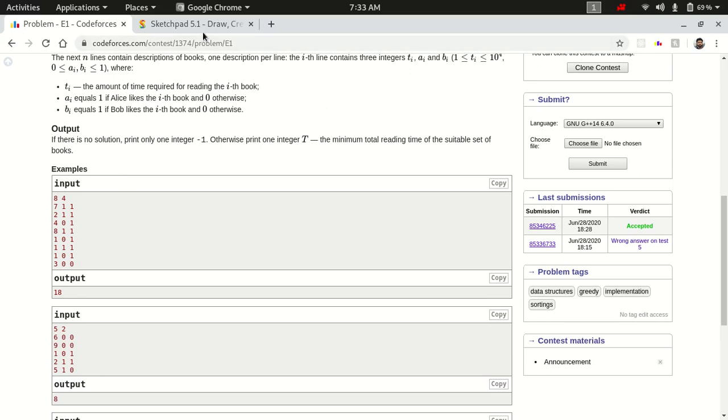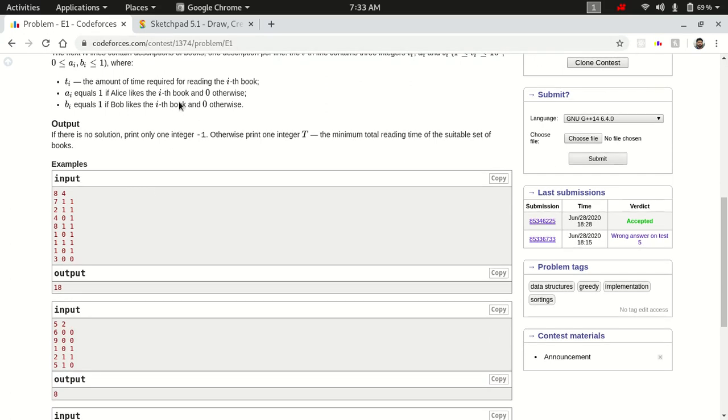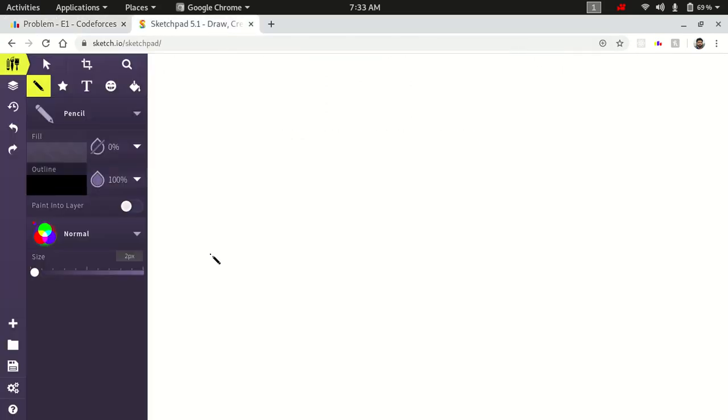Let's look at how I solved this problem. There are three things associated with each book, T, A and B. There are basically 4 different types of books available on the basis of A and B values.